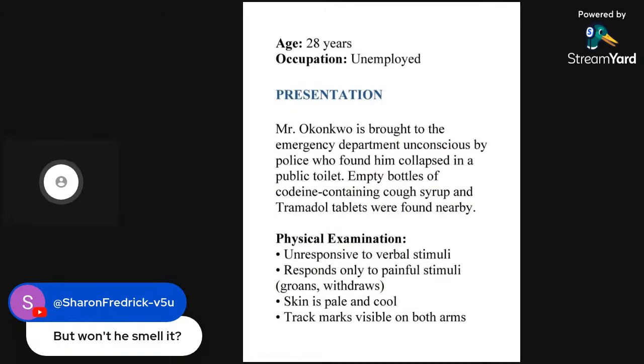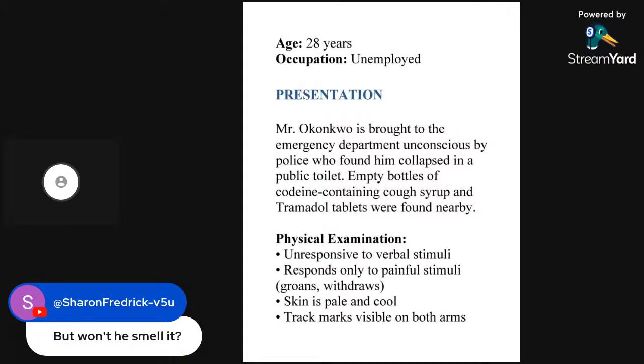So because of time, let's quickly wrap up with this last case study. Mr. Okonkwo is brought to the emergency department unconscious by police who found him collapsed in the public toilet. Empty bottles of codeine containing cough syrup and tramadol were found nearby. So I told you opioid is also a class of drug that are poisonous and can lead to